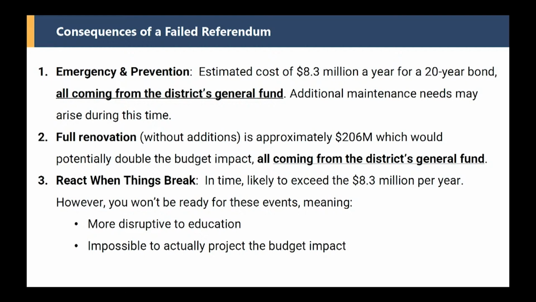Okay, and then also emergency and prevention, you mentioned 8.3 million a year for a 20-year bond. So 8.3 million a year for 20 years. Okay, that is just modeling the $105 million at current interest rates. I spoke with Mr. Leonetti. You've done some recent borrowing, so a 5% interest rate was used. 20 years was chosen because when you're doing a project of this magnitude on just systems, not the whole building, that seems to be an appropriate amount of time to borrow against. Thank you. So that's paying back that 20-year bond. Mm-hmm.